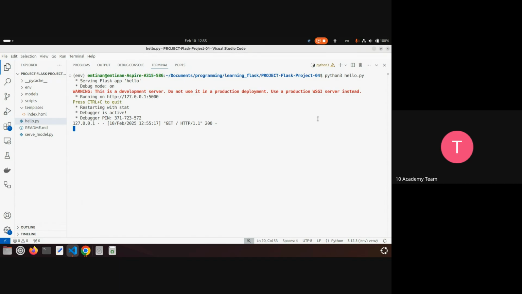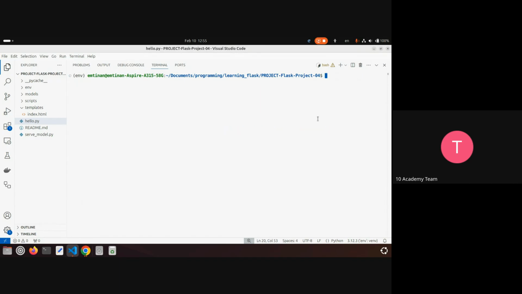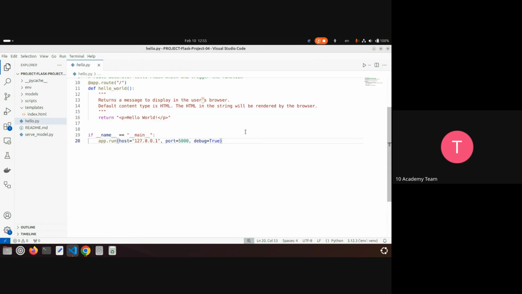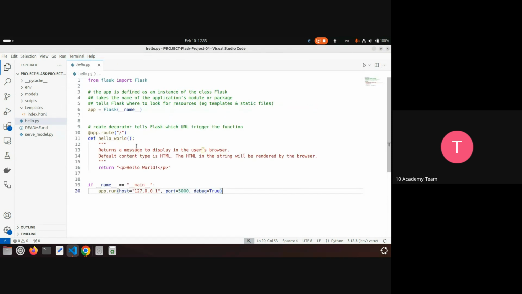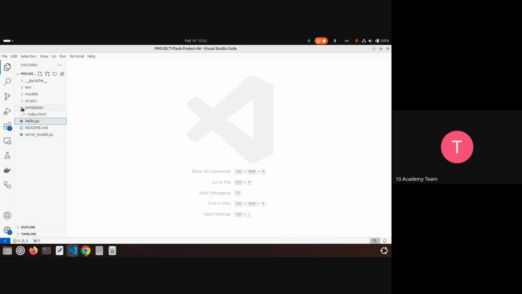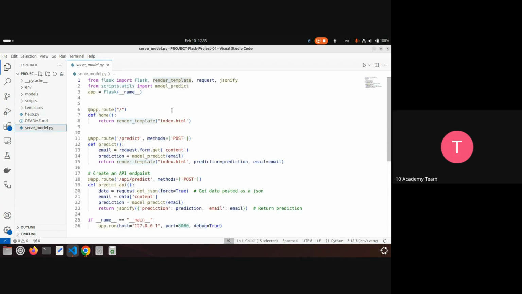So this is a very basic app with a very basic endpoint. Here I have, instead, if I want to serve a model, serve model.py. This is another web application built with Flask. But here I have basically what I need is to main,